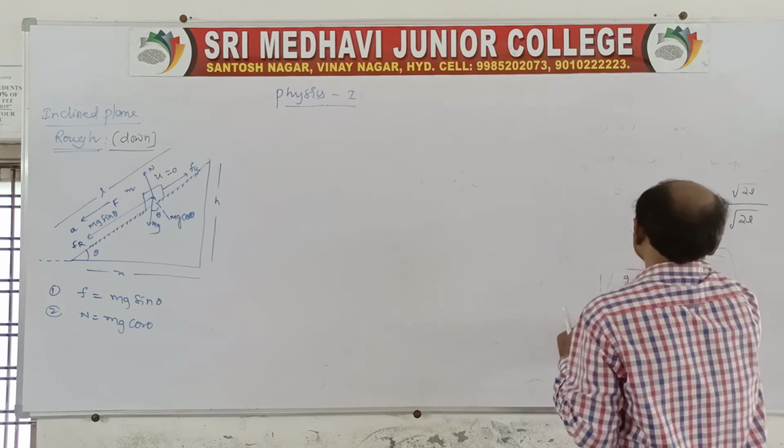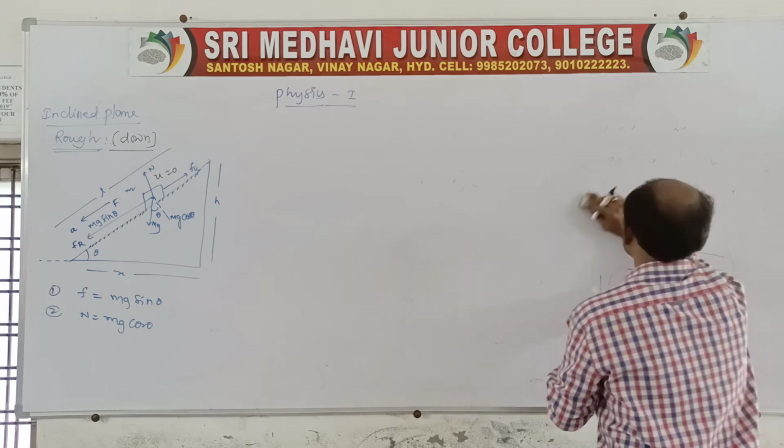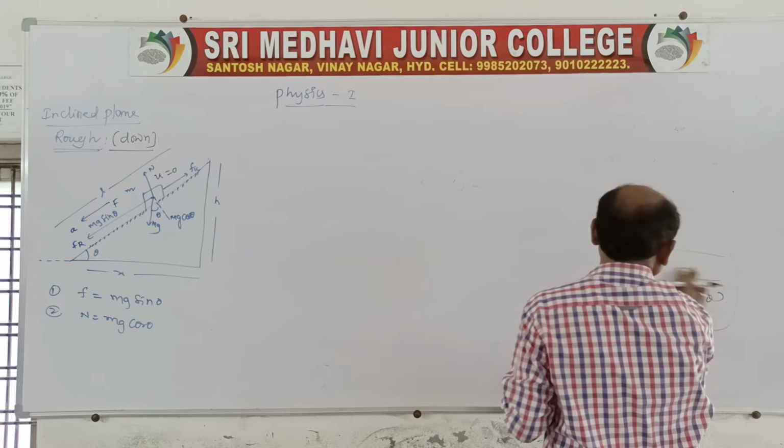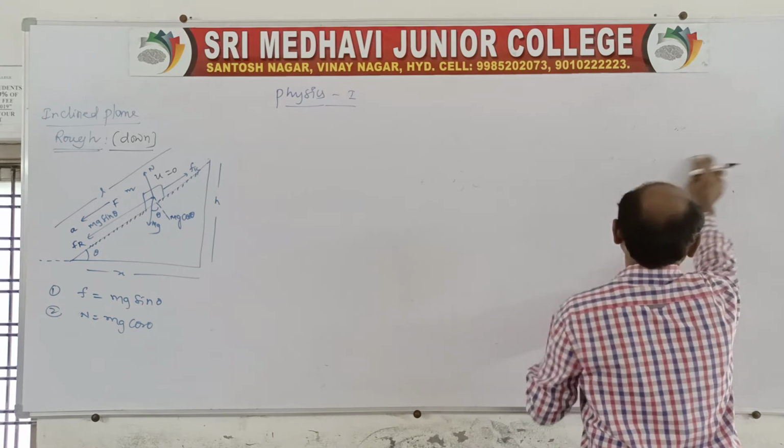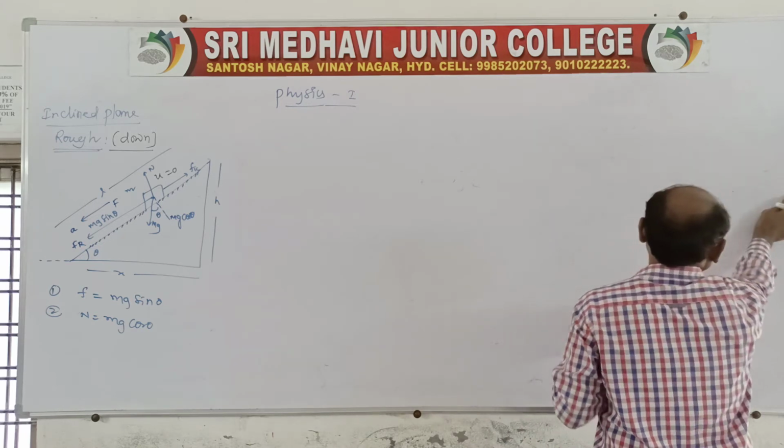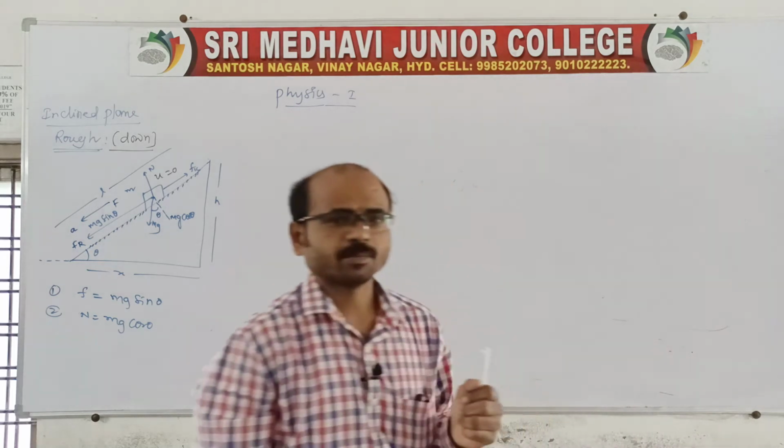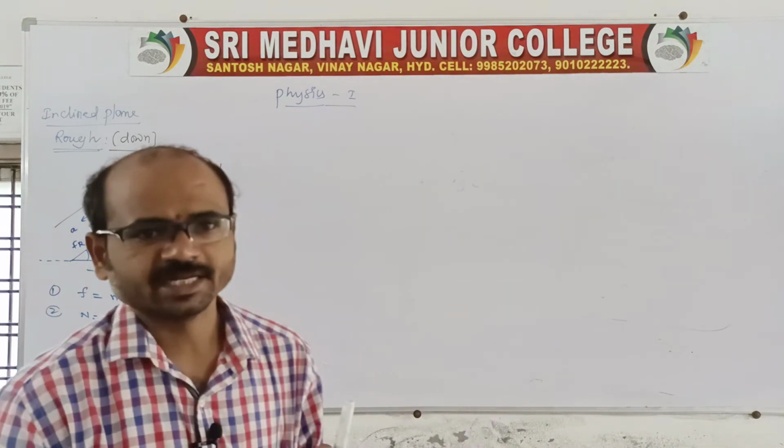Of course, sliding down is there, no? In that we'll get all positives. If there are negatives, like acceleration, resultant force. So in that, acceleration is a equal to g of sin theta minus mu k cos theta. It is for sliding down.